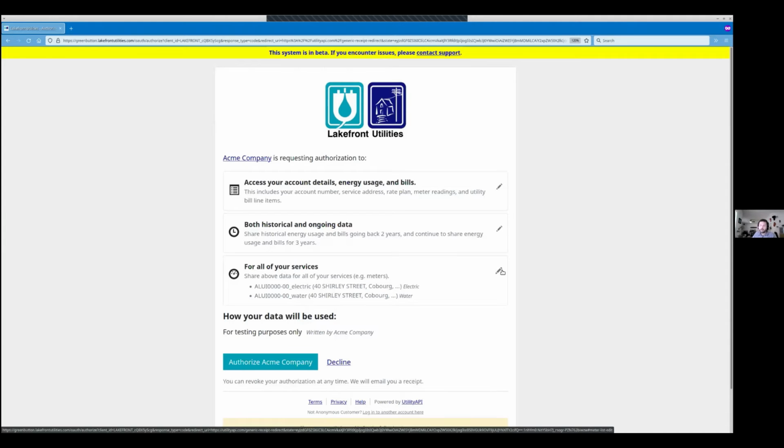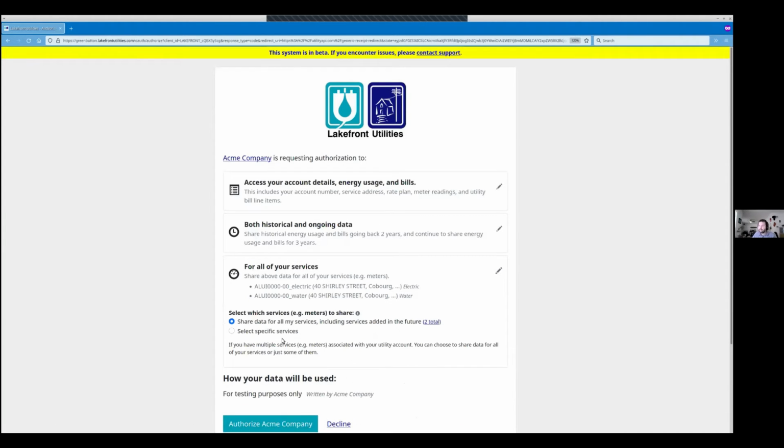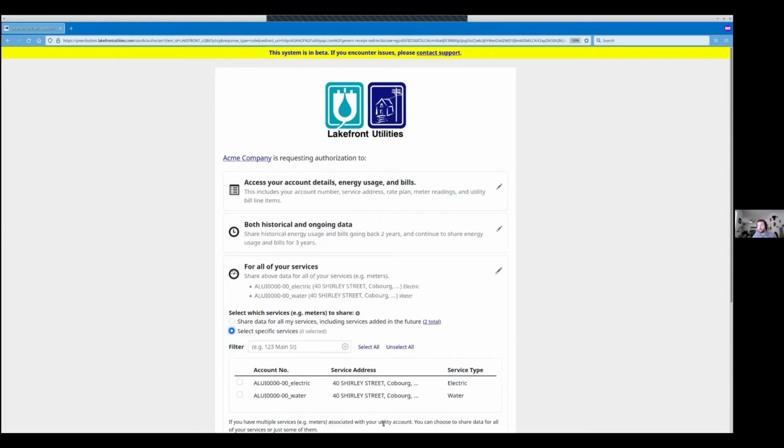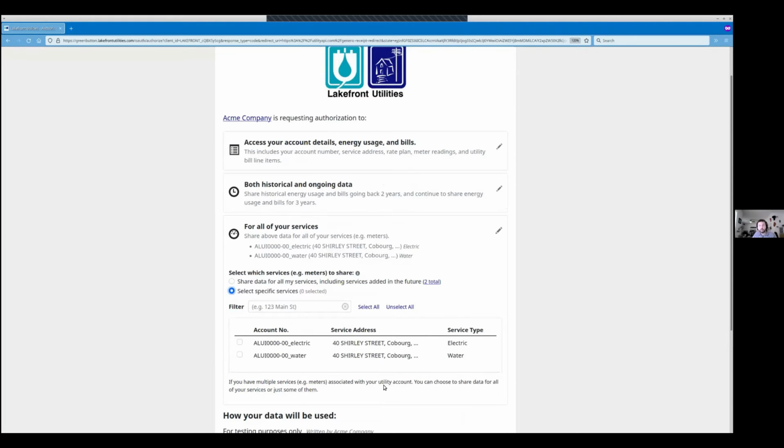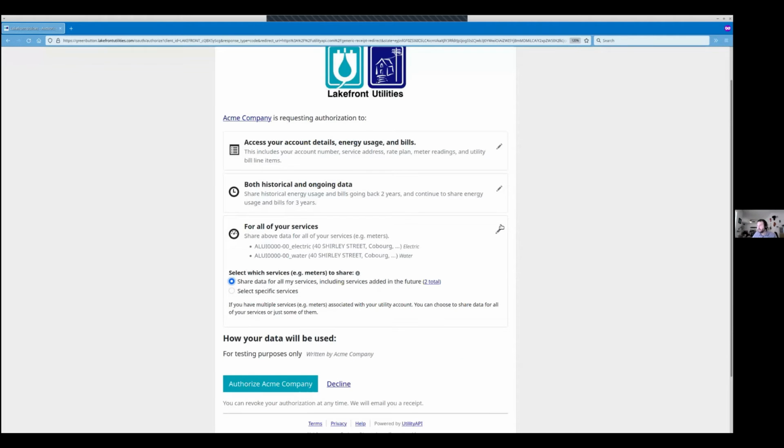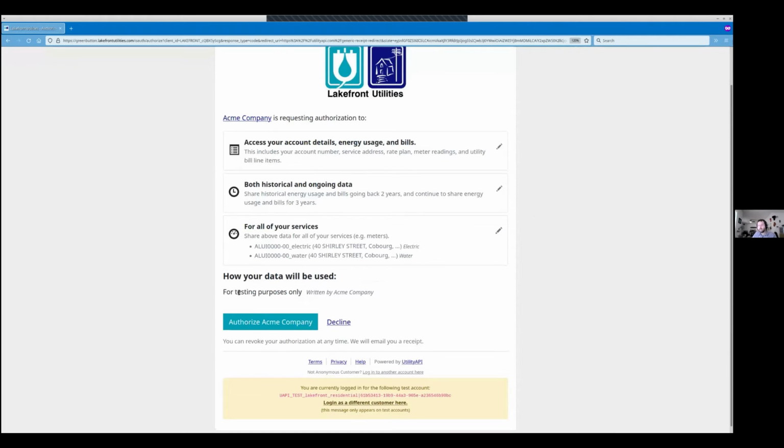And then the last option is selecting which services you want to share. Here, since it's a residential customer, there's a single electric and a single water service. And that allows them to share their data for that. So I'm just going to select share all to keep it simple. And then to go back